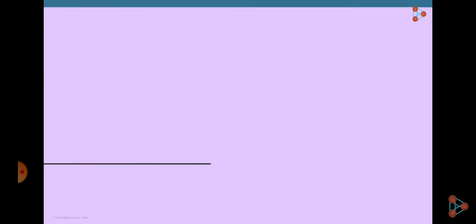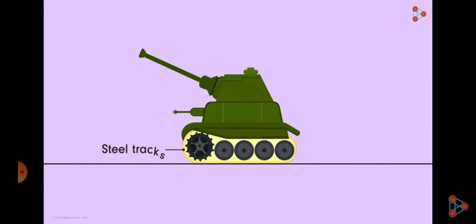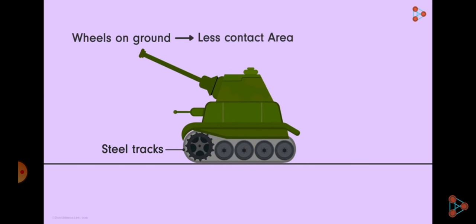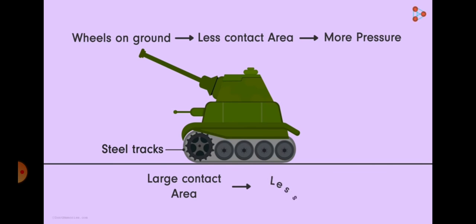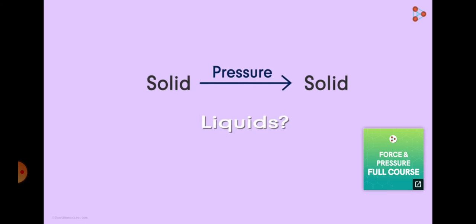Have you ever wondered why the wheels of an army tank run on steel tracks rather than on the ground? Notice that the wheels are on steel tracks and are not touching the ground. The army tank is huge in size. If the wheels run on the ground, due to less contact area with the ground, the pressure on the ground will be massive. However, the tracks have a much larger area of contact with the ground and hence the pressure on the ground is reduced to a great extent. In all the examples that we have seen in this video, it is the solid which is applying pressure on another solid. Do liquids also